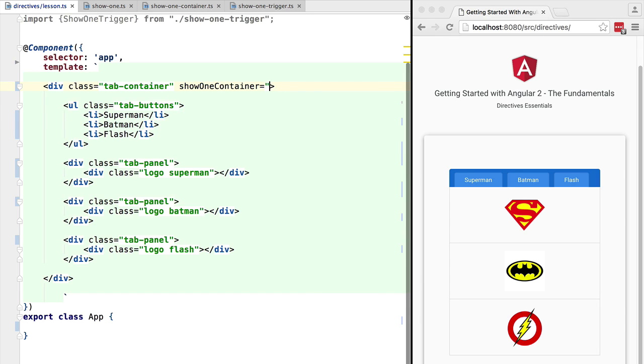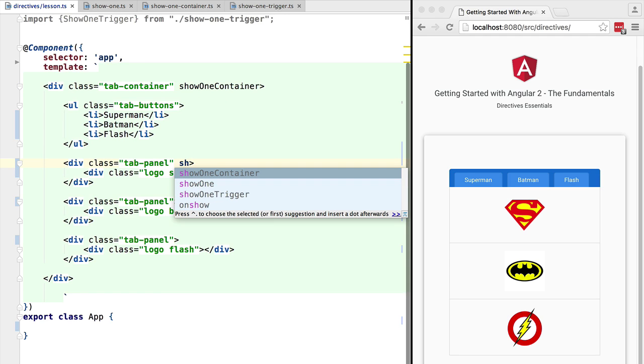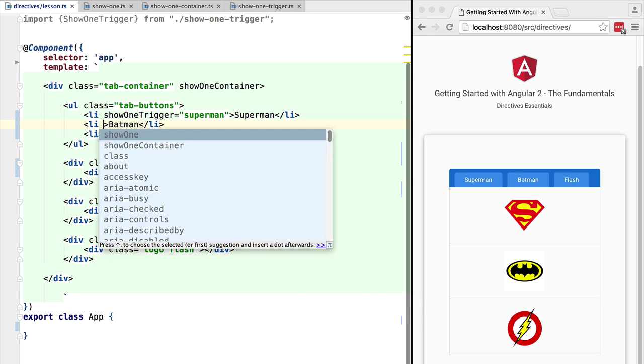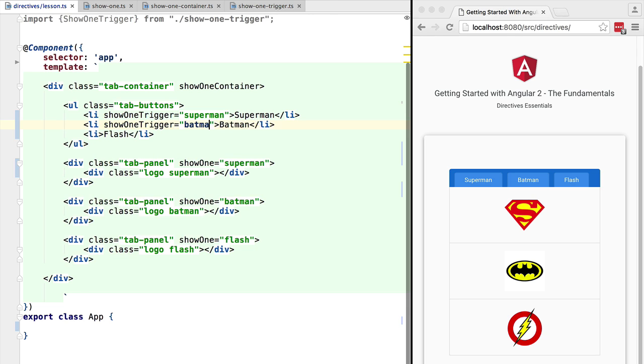We are going to make the tab panel functionality generic by saying that inside a certain part of the page delimited by the show1 container attribute directive, there are several elements decorated with the show1 directive that are only visible one at a time. Each one has an ID. Which one is visible? That is determined by the visible property of these show1 elements, and we can switch which element is visible